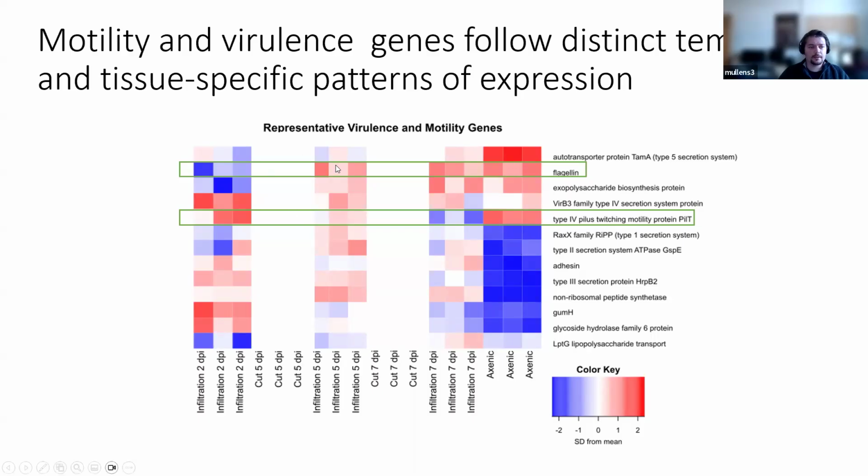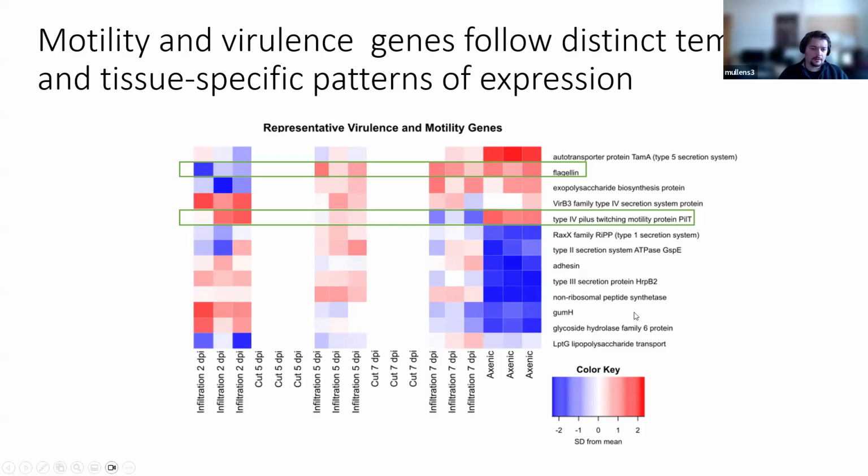And so it seems like because at 2 dpi they're not water soaked yet, so there's not a lot of fluid for them to swim in. So it seems at 5 dpi, when there's fluid there for them to swim in, they start expressing more flagellin and probably more flagellar based motility. Whereas early on they utilize more twitch motility and then less so as the disease progresses in the infiltrated